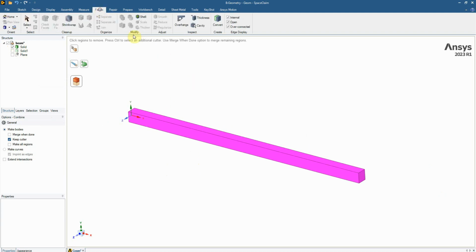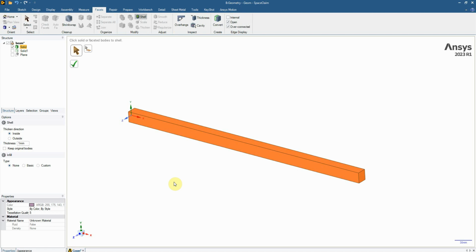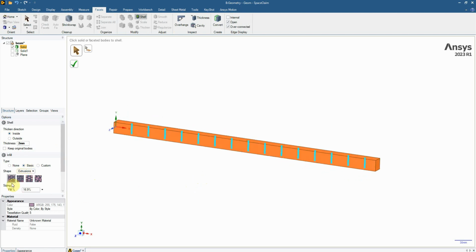We then click on facets, shell, fill this in. We want the inside to be 2 millimeters. And here the basic. So here what we have is we've got some shapes. We've got 2-dimensional square infill pattern. We have 2-dimensional triangular infill pattern. We have 2-dimensional hexagonal infill pattern, and this is 3-dimensional. We'll try and ignore the 3-dimensional. We'll just focus on these 3 here, and we will have a variety of different shapes and fills to see